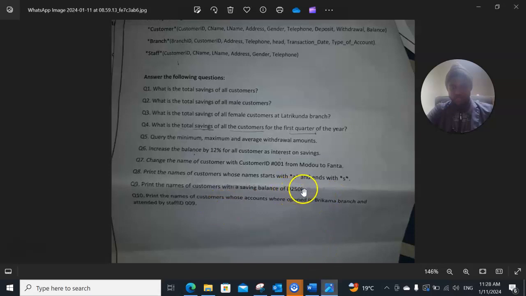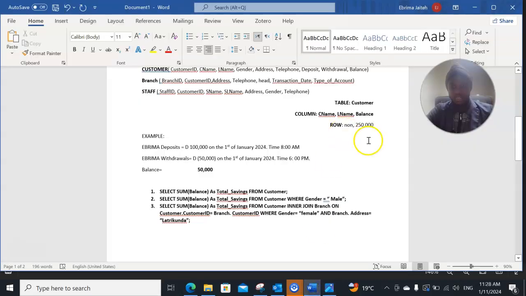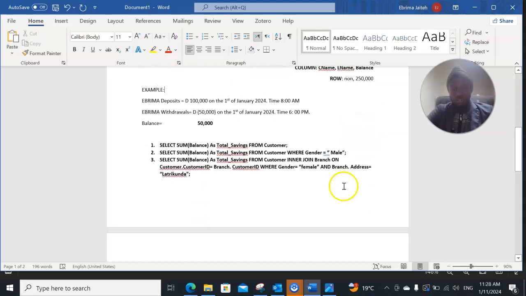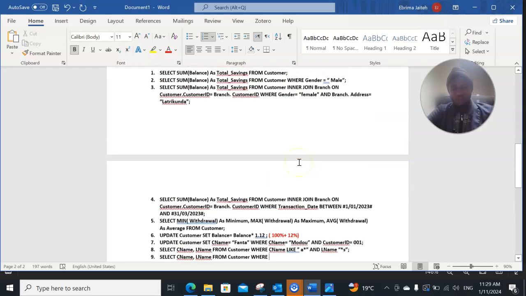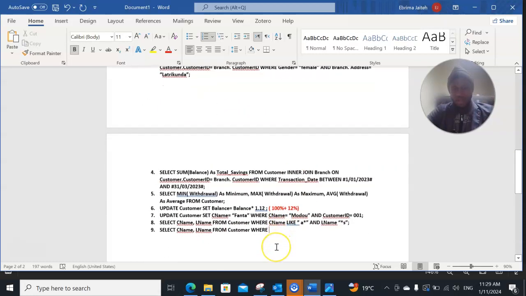This D means dollars, K means 250,000. Printing names of customers with a savings balance of what? 250,000. So this is what I mean by row. We all know that 250,000 matches with what? Balance information. Balance is always in the form of a monetary term. So let's further continue. CNAME, last name from customer. Now, is there any amount given to us in balance? Yes. So we say where balance